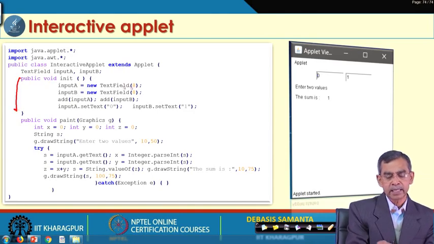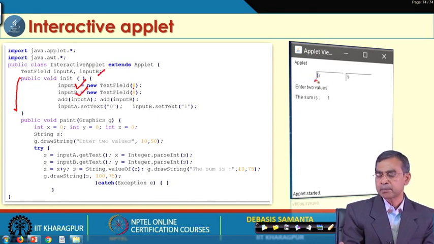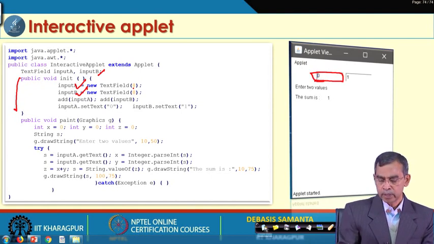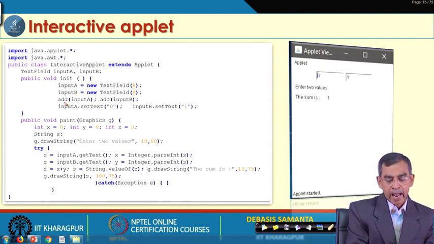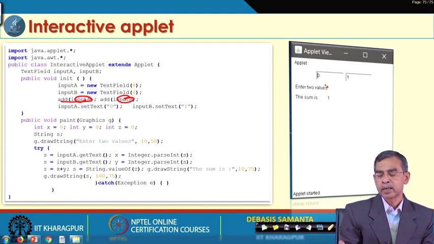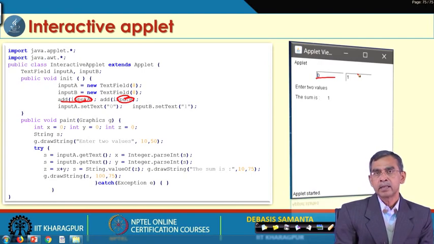The init method basically creates two text fields. So, input A is created, it is declared and instantiated, and 8 is the size, that means a maximum of 8 digits can be put into these areas. Then add input A and add input B means the two text fields are added into this applet.